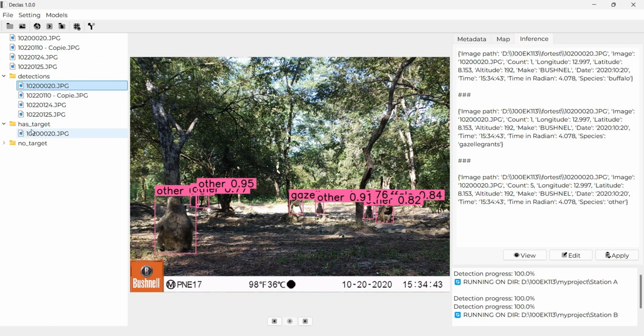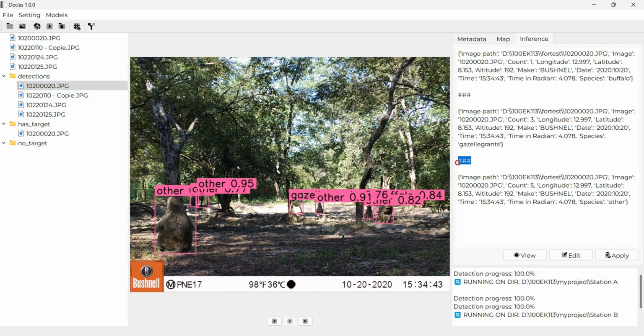Inside each folder, I have has target, which means this folder has at least one detection, and no target, where you will find all images with no detection or classification. That is just a way for you to clean your data, remove images that are not useful for you, and keep all images with at least one detection, one animal, or one species for your project.